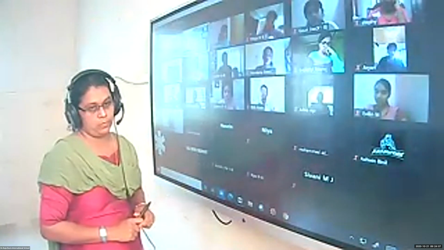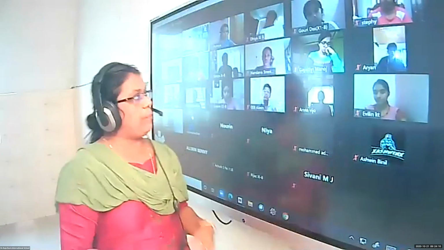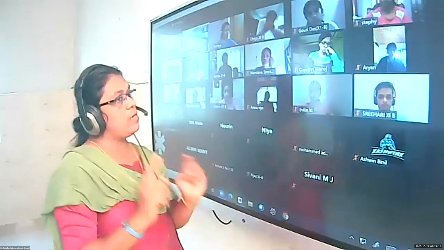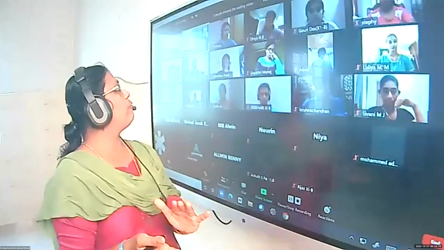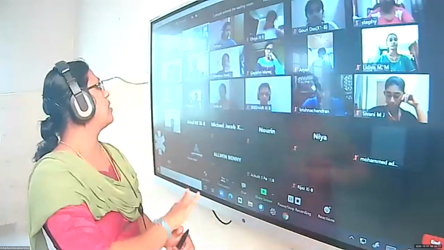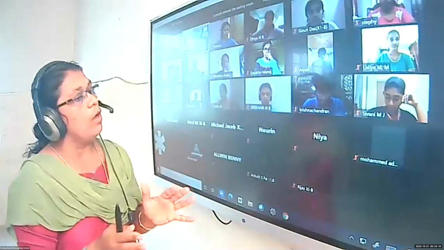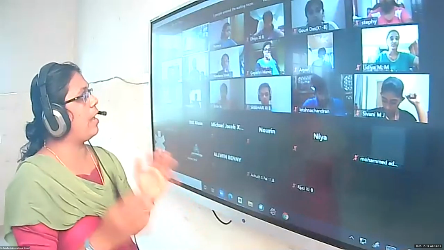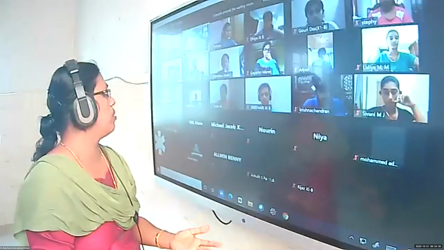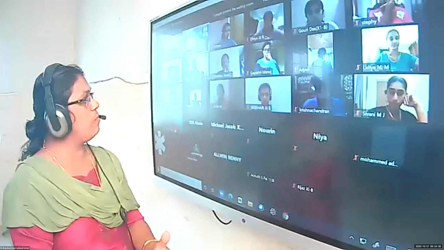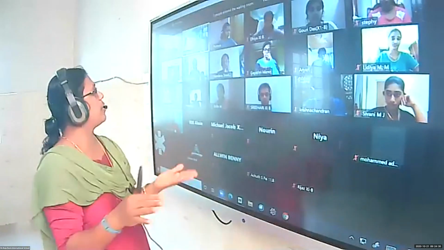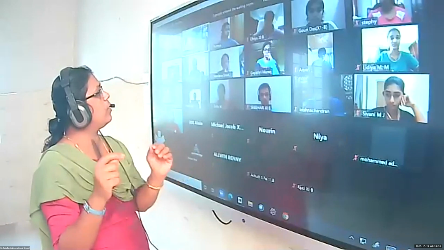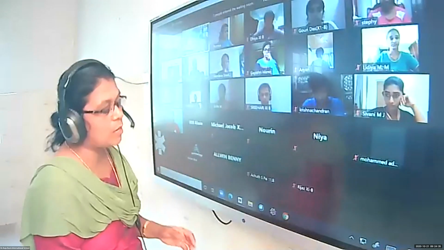You have to add the negative of the given vector. Suppose there are two vectors, then the second vector, which has to be subtracted, you will take its negative. That's just like your integer a minus b. So either a minus b or a plus minus b, both. A minus b means you don't have to add again. So a minus b or a plus minus b. That is the subtraction of vectors.